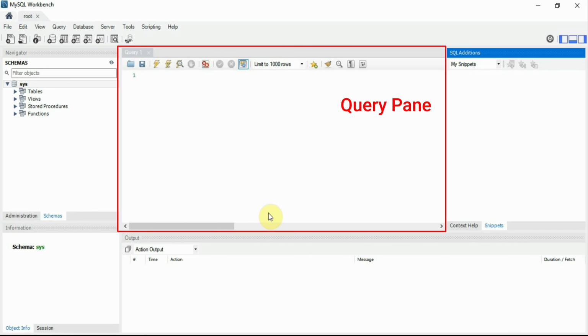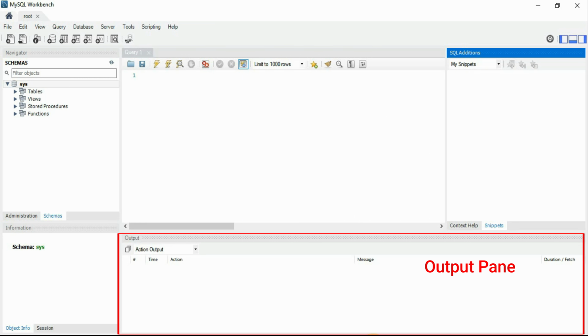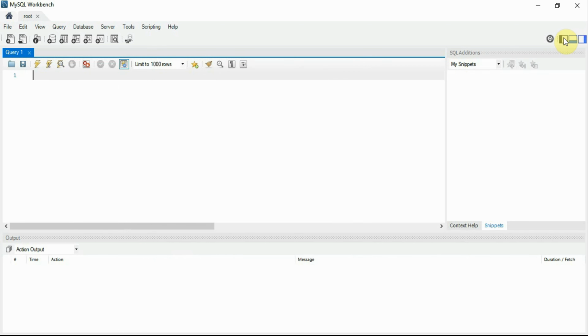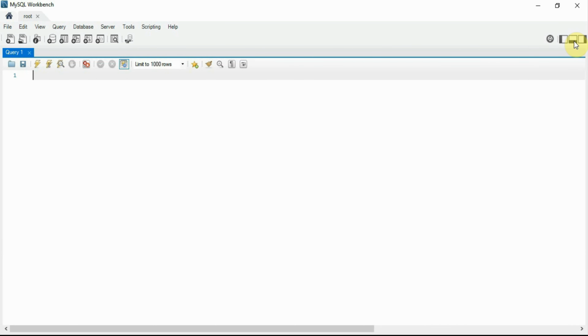The query pane is where we write and execute our SQL queries. When we execute any query, the result grid will pop up where we can see the query results. In the output pane, you will get the query logs. If you want to hide the sidebars, SQL additions bar or output window, then we can use these icons.